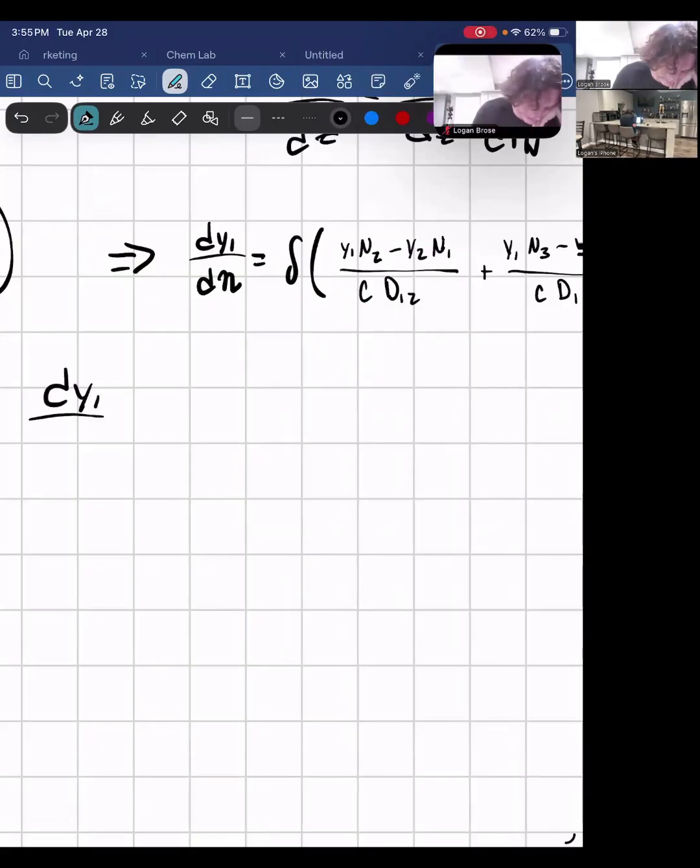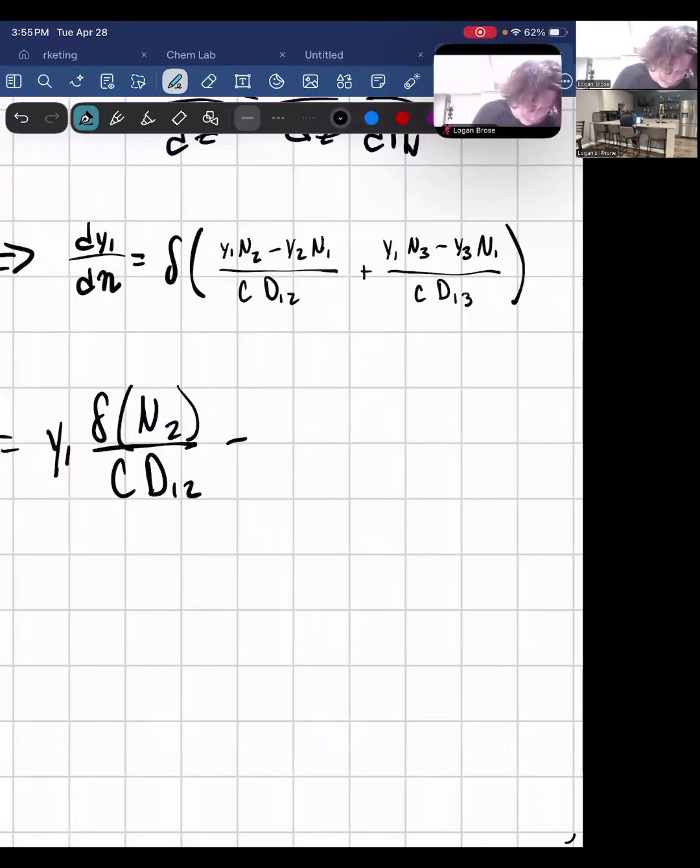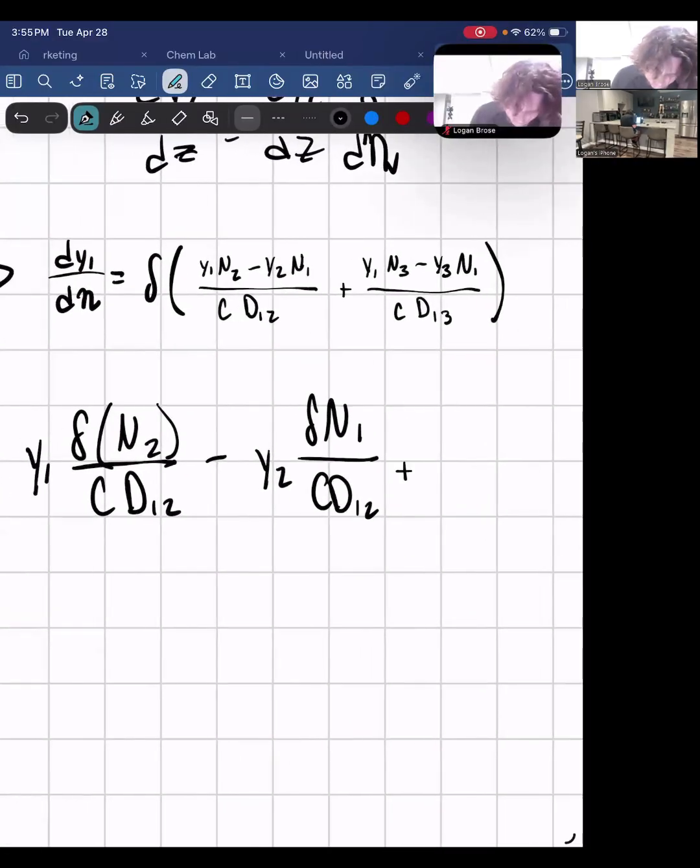So dy1 over dn equals y1 times our delta n2 over cd12 minus y2 delta n1 over cd12 plus y1 delta n3 over cd13 minus y3 delta n1 over